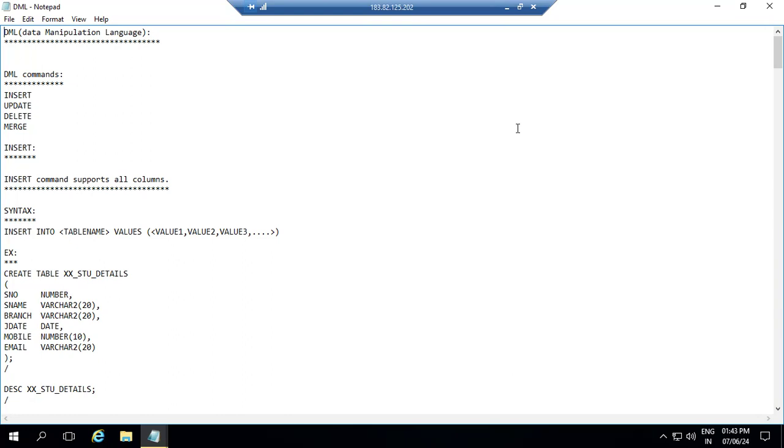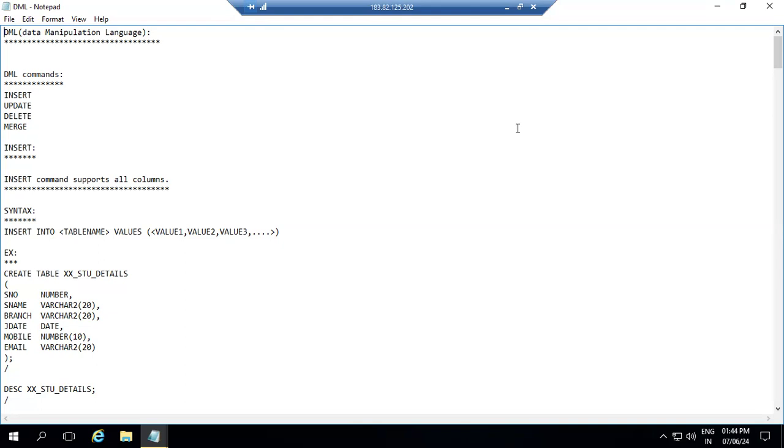Next we have the DML commands. DML stands for data manipulation language. DML commands are used to manipulate the data. Previous days we came across this word manipulate, where we insert records, delete records, and modify or update records. When we use the commit command after using the DML command,